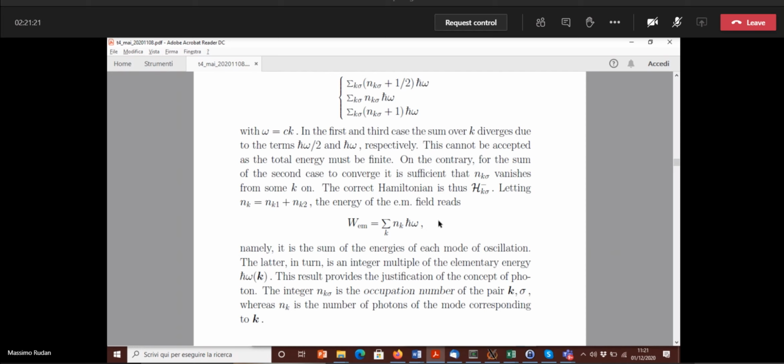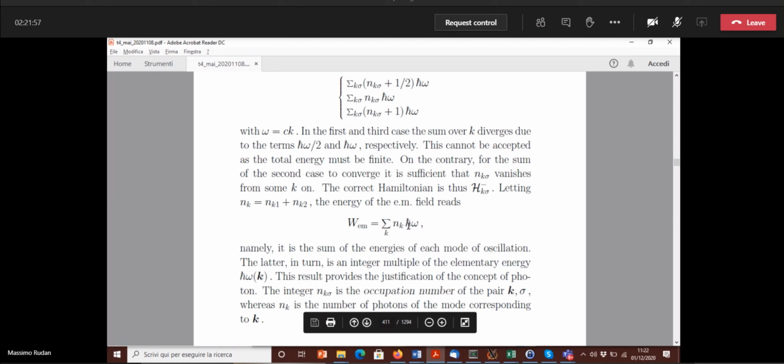H bar omega is the individual quantum of energy associated to the angular frequency omega, that is to k, essentially, to the wave vector k. Each mode of oscillation has an energy that is equal to an integer number nk times the quantum. Nk is called the occupation number